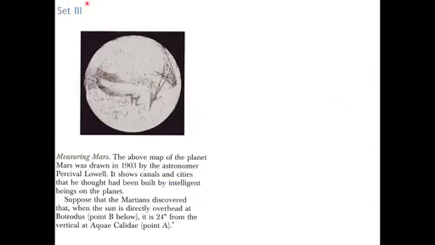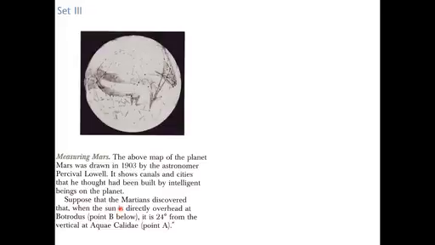Set 3 then is kind of a nice problem. It may be sticky credit, but it's trying to, well, what does it say? Planet Mars was drawn in 1903, a long time ago, before high-tech equipment. It shows canals and cities that he thought were there, but built there by intelligent beings on the planet. I don't believe that. Suppose they had discovered that when the sun is directly overhead at Bodrotus, point B, it's